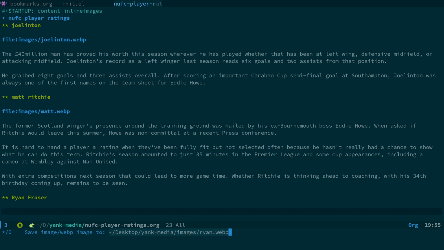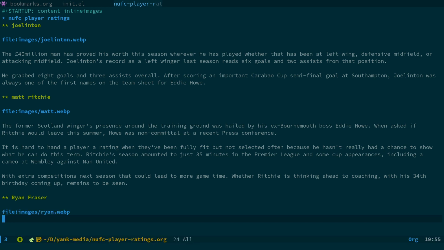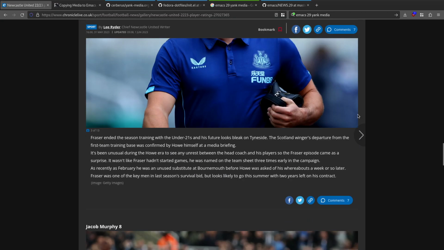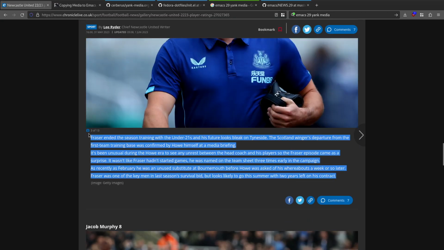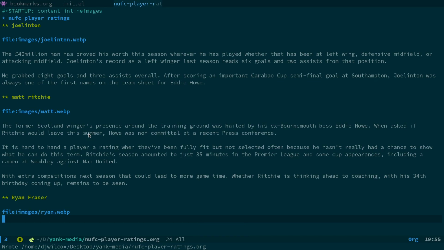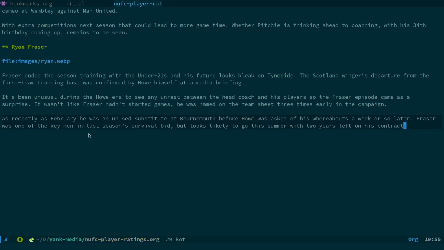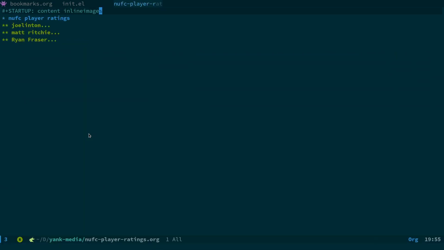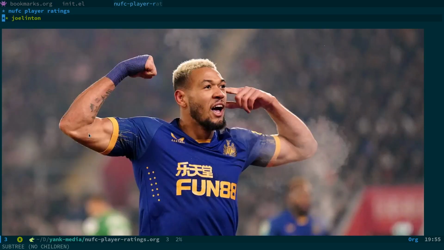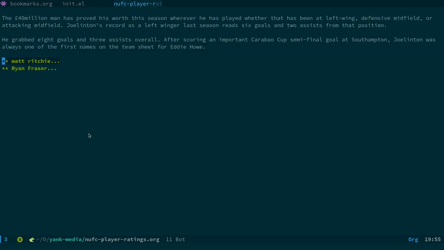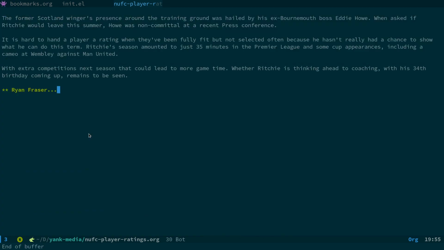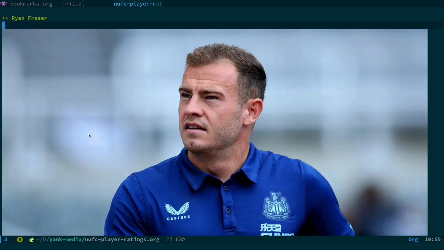Remember to give it the correct file extension for the MIME type you've chosen. And just copy this in. And if I now open it up, what you'll see is all the images are automatically available, enabled. So we got that. Got the next image, text, image, and